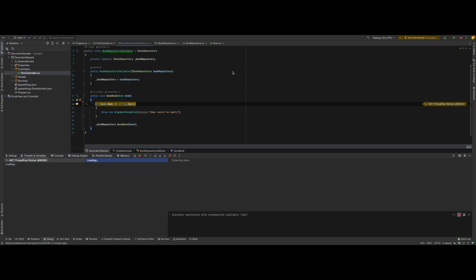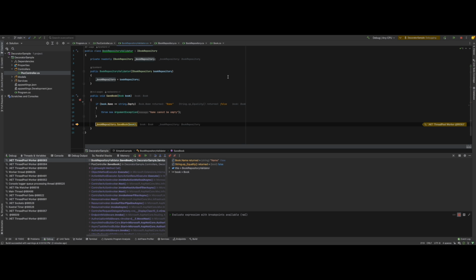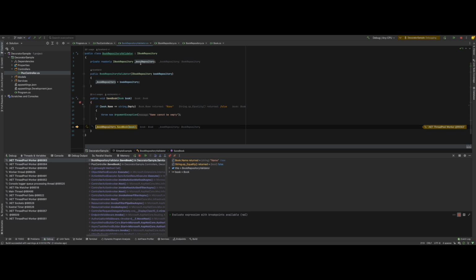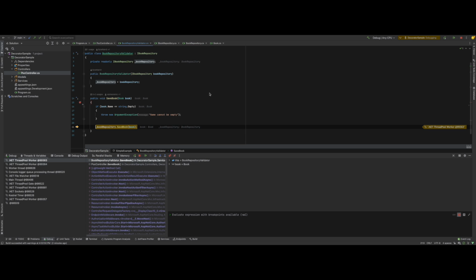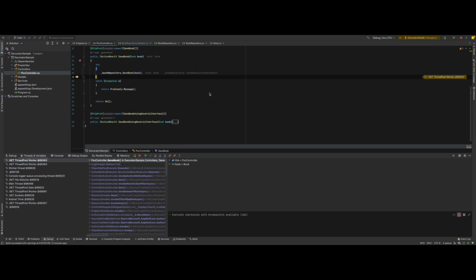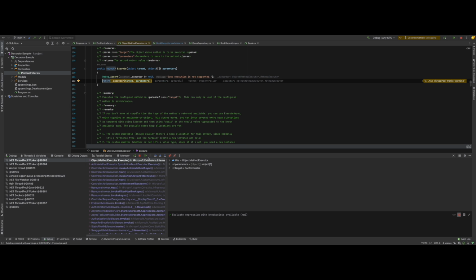F10, we go over the validation. The validation has passed. In here we have a reference to the book repository service. So basically the save book method will be called, and we are hitting our original service as expected. When we press F10, we will return to our decorator layer and then go over to the controller itself and return OK to our